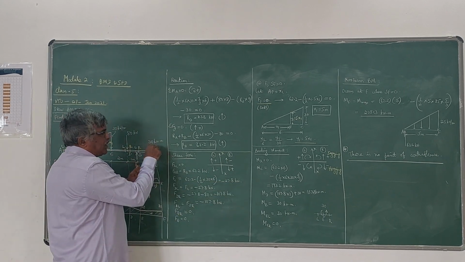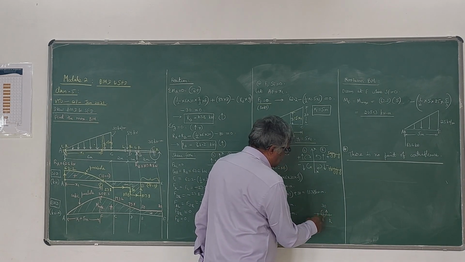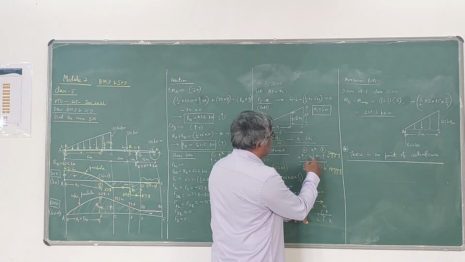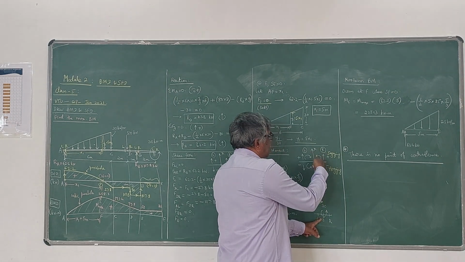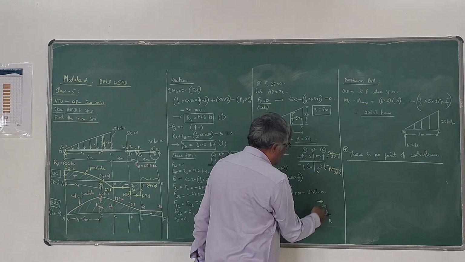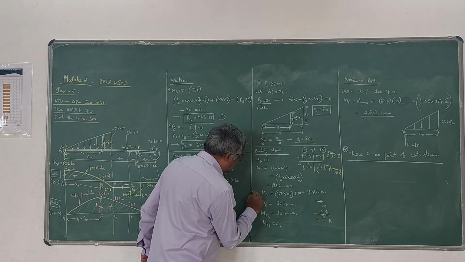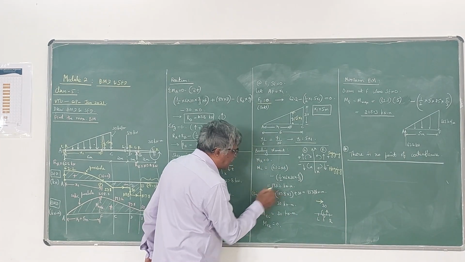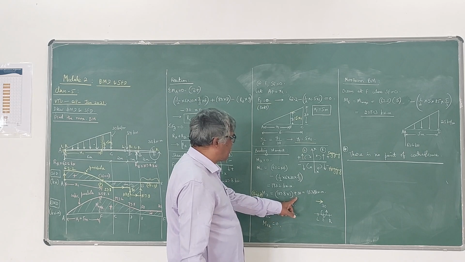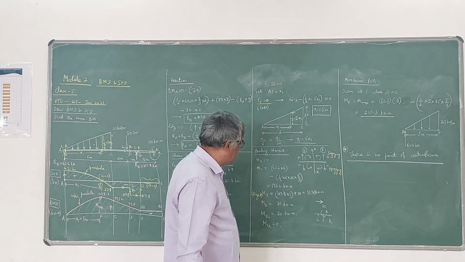Then this external moment given is like this. So be careful here. Since you are seeing the right side of the section, what happens? On the right side of D, the given moment is like this, that means it is giving a sagging effect. So this you have to understand. Therefore we have to add that. This is very important. If you add that, you will get 137.8 kN·m.